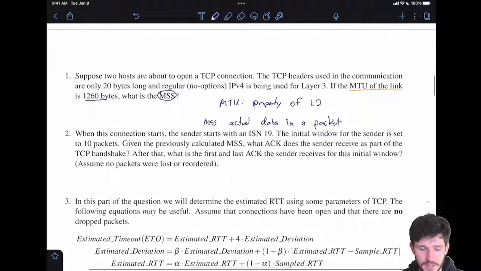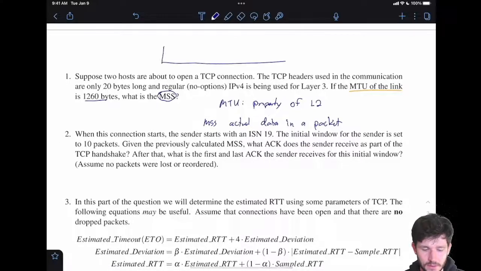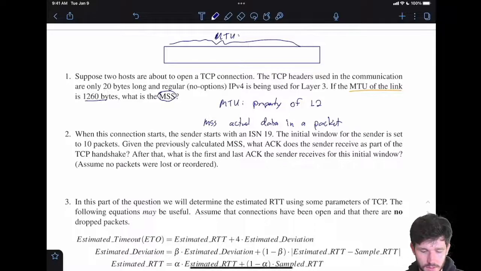So really what this is asking is, given that the MTU is 1,260 bytes, and this packet has a TCP header and an IP header, what is the amount of data that can fit in this packet, which is the definition of the MSS, or